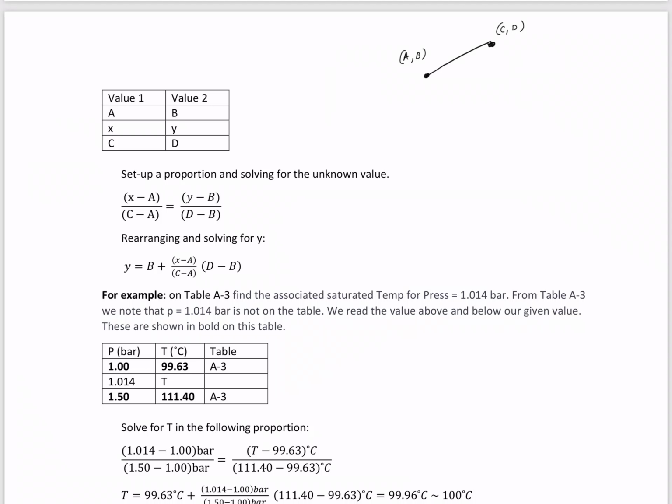And then this is a line connecting these two. And we're saying that where we want to find this is somewhere here. We know X, and we're looking for Y. So we're given some value here of X, and we want to know Y. In this little example, Y is our unknown. And we're saying we know all the rest. So you're given